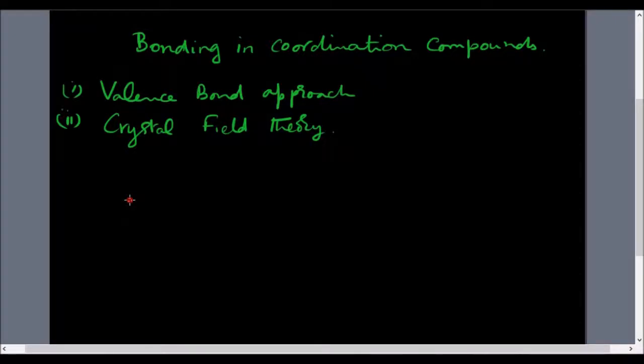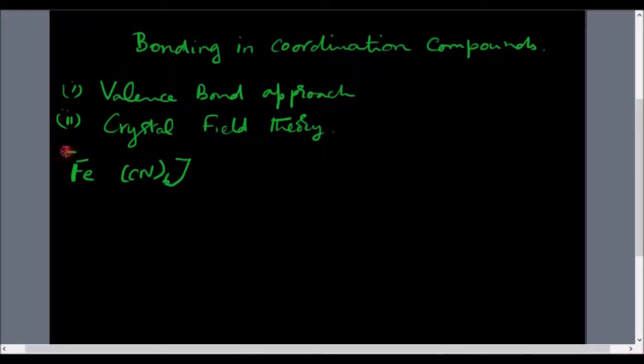There are different theories to explain the bonding. One is the valence bond approach. You have crystal field theory, ligand field theory, and also molecular orbital theory. But in this session, we will confine ourselves only to the first two, that is the valence bond approach and the crystal field theory. To explain the valence bond approach to bonding in complex ions, I will take the example of